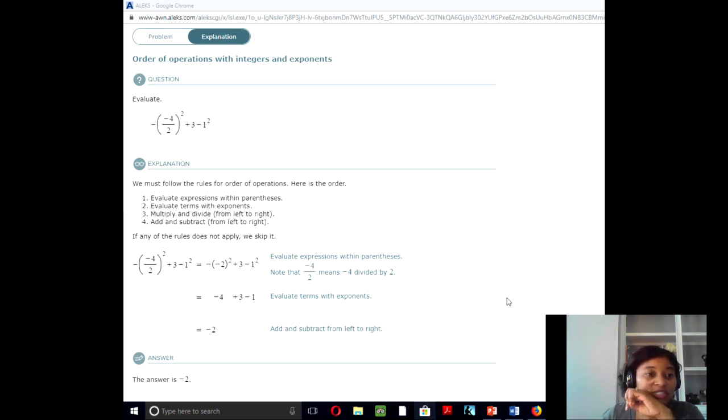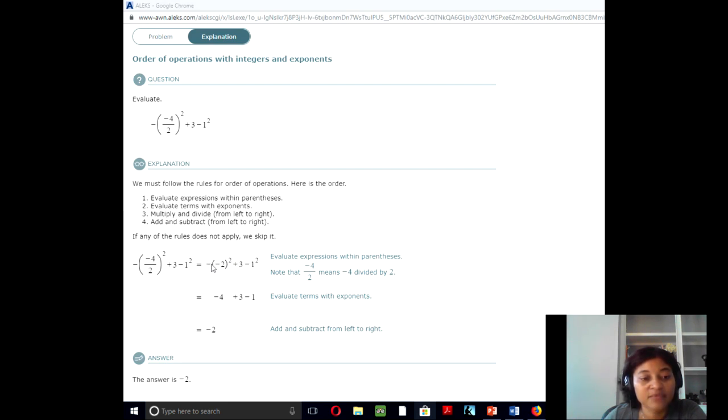So here you see we have a fraction inside of the parentheses. We have an exponent, and then we have an addition, and then we have a subtraction here on the side. So here is how we work this problem. The first thing we would do is work what's inside of the parentheses. So you have a -4/2, and so that will be a -2. So you can see that here, a -2, and then they brought down the exponent of 2